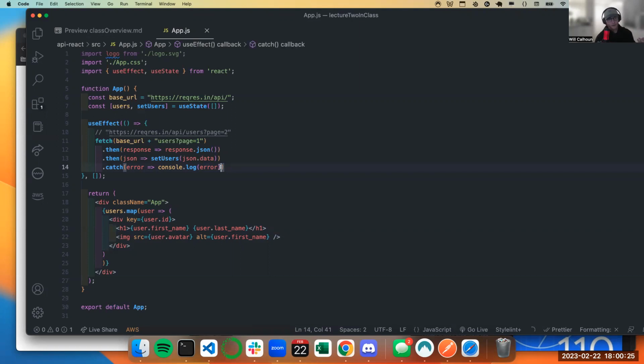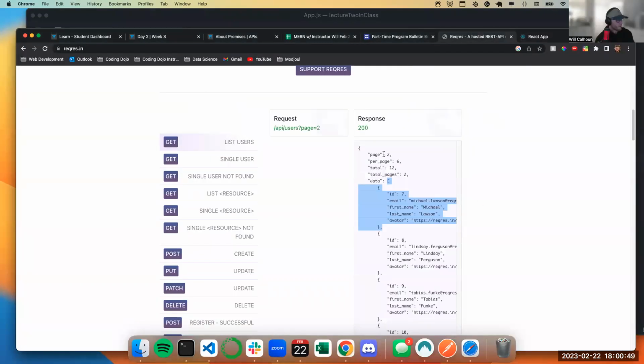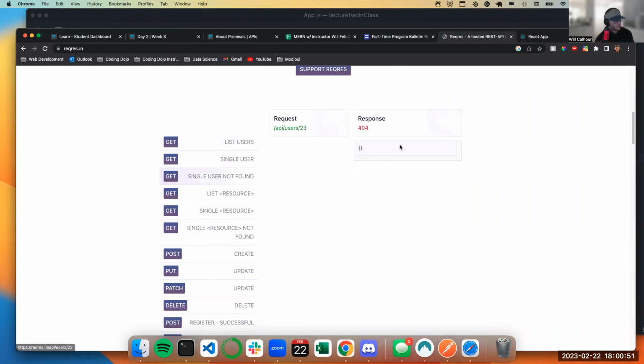if there is an error, let's say a user makes an error, like myself, I put 2 S's or something like that, then how do I want to handle that? Or if that data no longer exists, if a user with a first name or whatever no longer exists, how do I want to handle that? Okay, gotcha. Yeah. So like here, it even talks about single user not found.